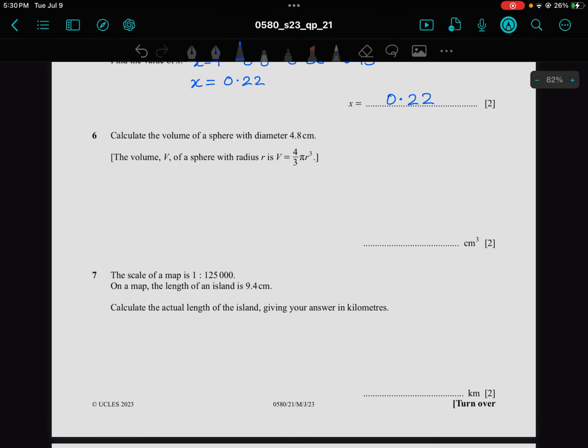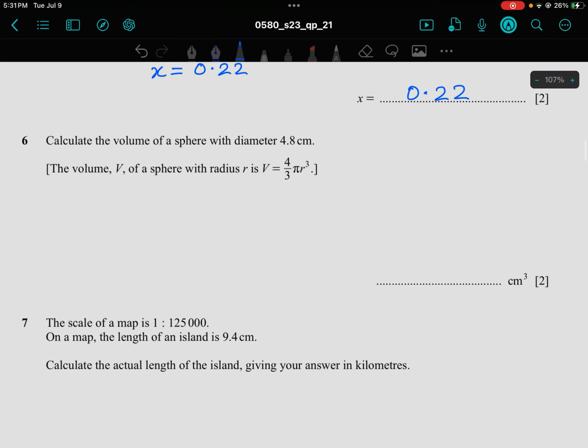Question number 6. Calculate the volume of a sphere with diameter 4.8 centimeter. Given the volume of the sphere, the formula is 4 upon 3 pi r cube. Diameter is given, diameter is equal to 4.8 centimeter. So radius is equal to diameter upon 2, that means 4.8 divided by 2, it is 2.4 centimeter. So putting this value in the formula, 4 upon 3